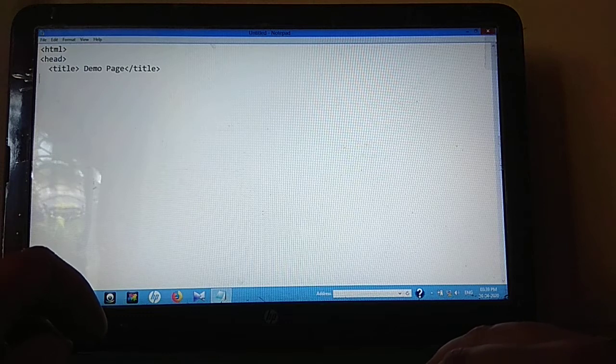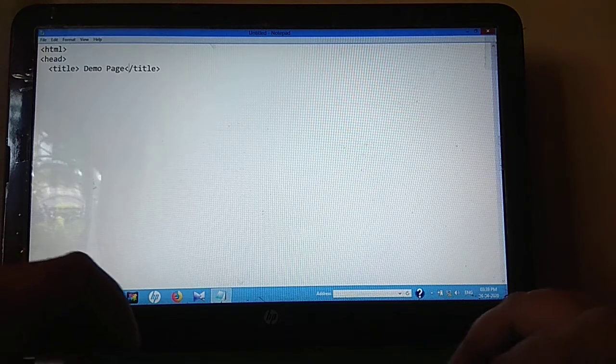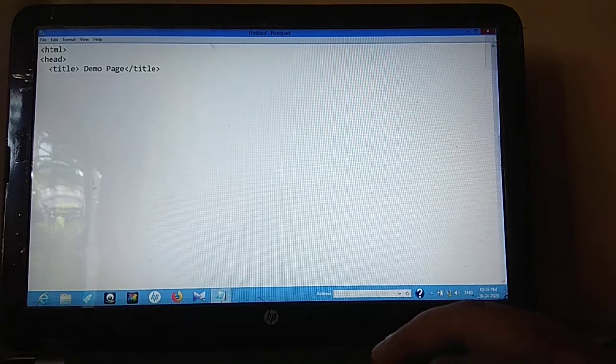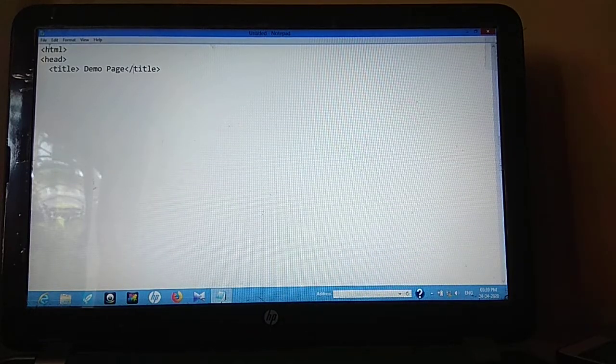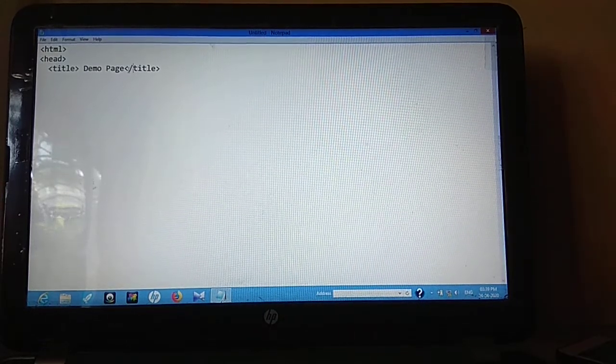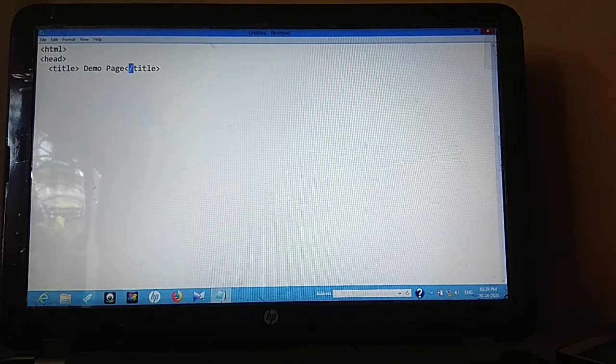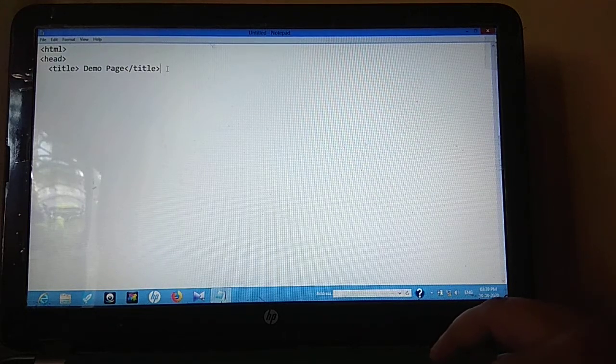How do we close a title tag? We use a backslash for that. Whenever we give a backslash over here, this is a closing tag. Every corresponding opening tag has a closing tag.